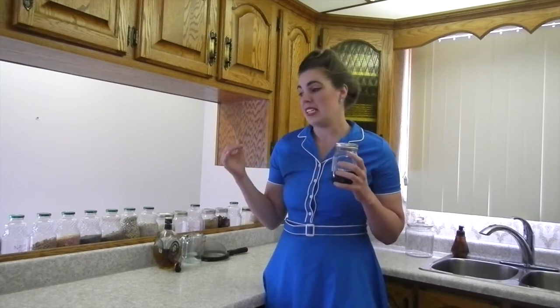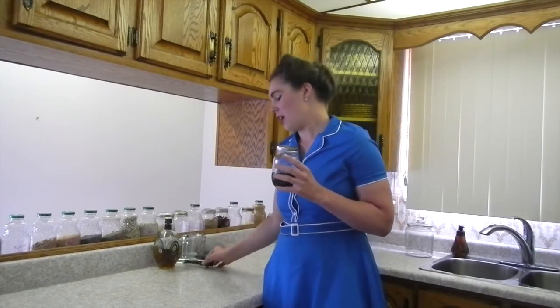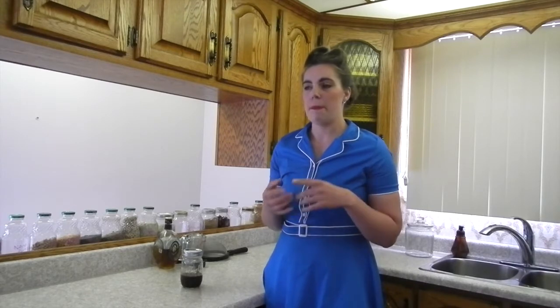At the same time that I'm making this, maybe in a couple of weeks, I need to get more vanilla beans. I only have enough vanilla beans to make a cup of extract. And I'm going to talk about that a little bit more, and how many vanilla beans you want to use in proportion to a cup of alcohol. I can either put a bean or two in one of these small bottles and give that as a gift, or what I would do